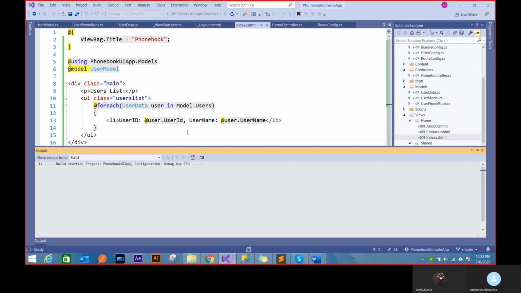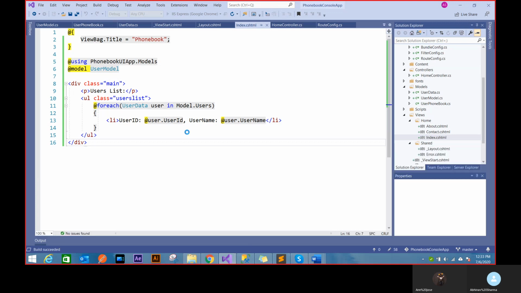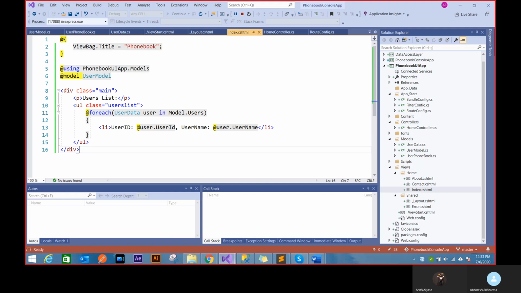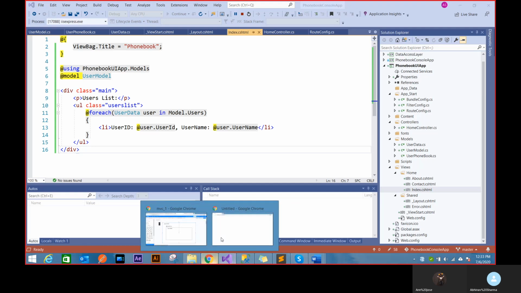So you see how views have C# pushed inside them. That's how the model view controller MVC framework works. You have a controller, you have a view, and you have models, and models are a way to push data inside the view. So if everything works fine, I should be able to see all my user ID and username here on the UI.